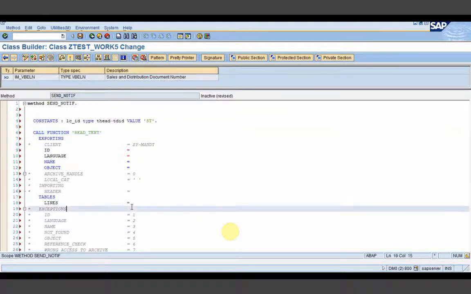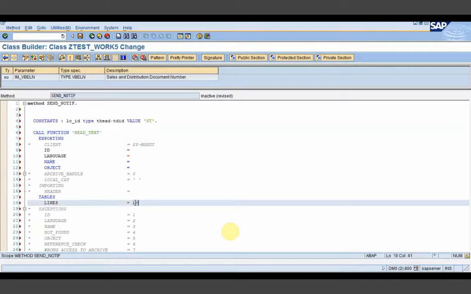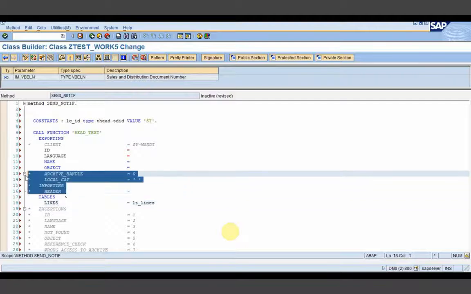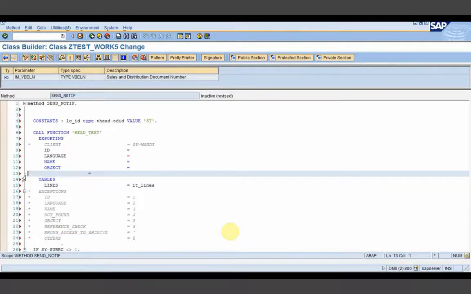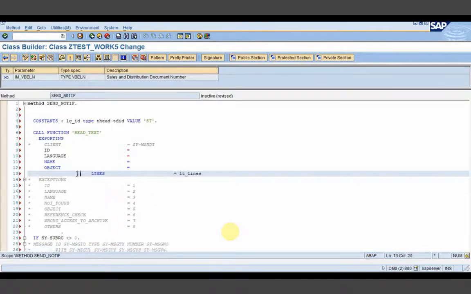So that internal table, here in LT lines, I will just capture those particular texts, and here I'm just providing the limited things which we needed.